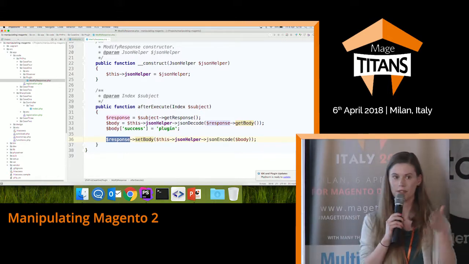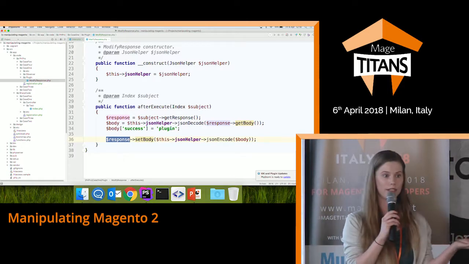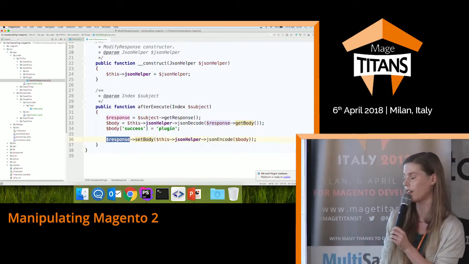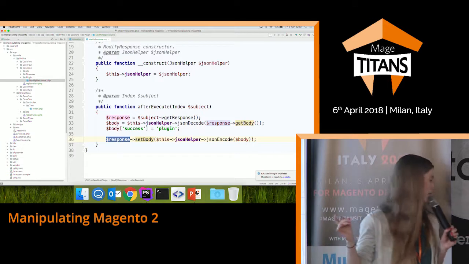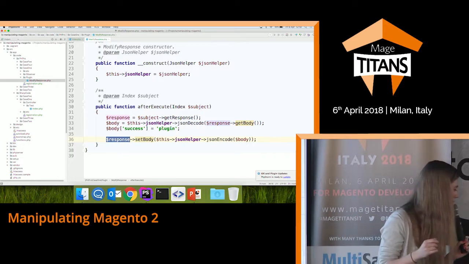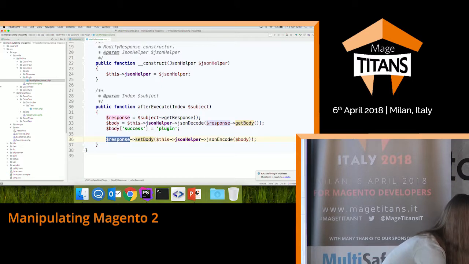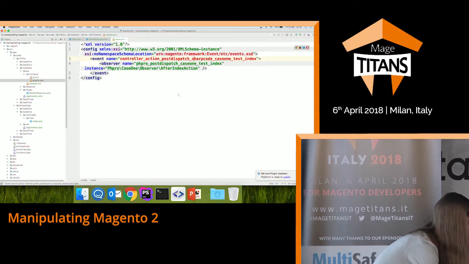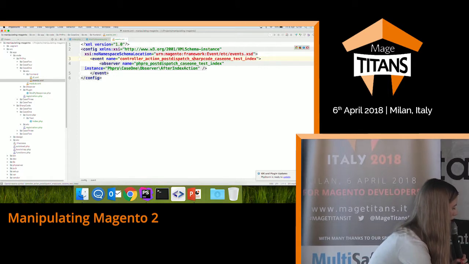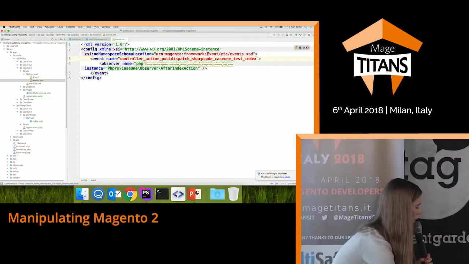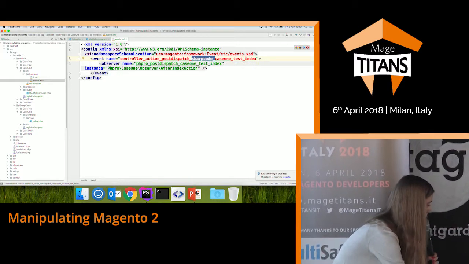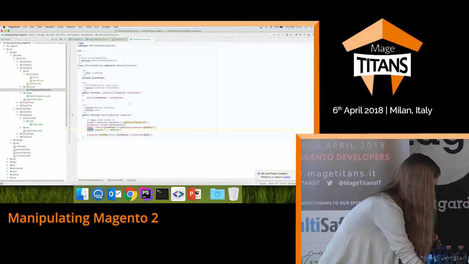So the third way is an event. We know our controller extended from action, which means it has those special pre and post dispatch events. So we could use that too. Let me just show you how you would do this. So first of all, let's go to the event definition. So here you can see it, the event name is the controller action post dispatch of the route I defined, and then the controller and the action. So if I go to the event,